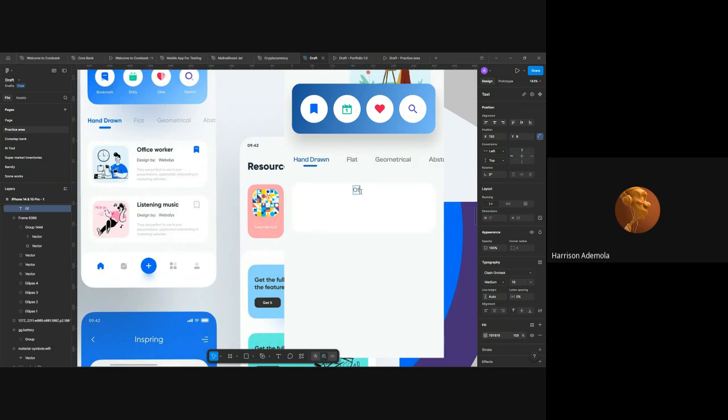So we have office worker, right? I think this particular office worker, the font size is the same as the hand drawn, flat, and geometrical, so I think we can use that. So the next thing, we duplicate this, and we're going to write design